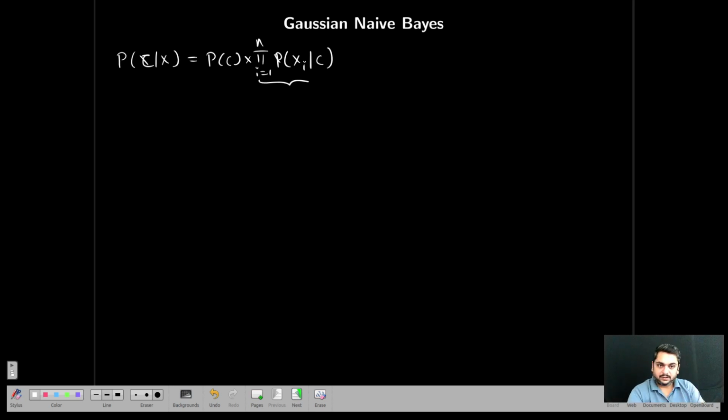Now this likelihood part plays a very important role, that is the evidence. Whatever probability value you calculate here comes from my features, right? This x1, x2, x3 are my features. Now these features, whatever data is given, can follow some particular distribution, for example normal distribution, binomial distribution, multinomial distribution, or exponential distribution. If you know that the data follows a particular distribution, then calculating this becomes easy and also